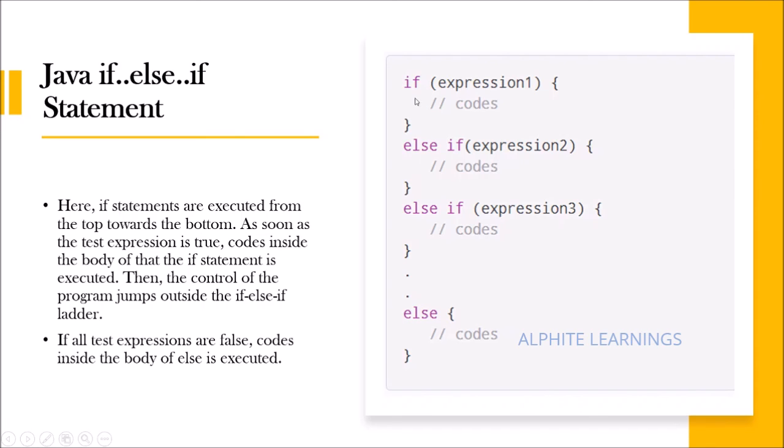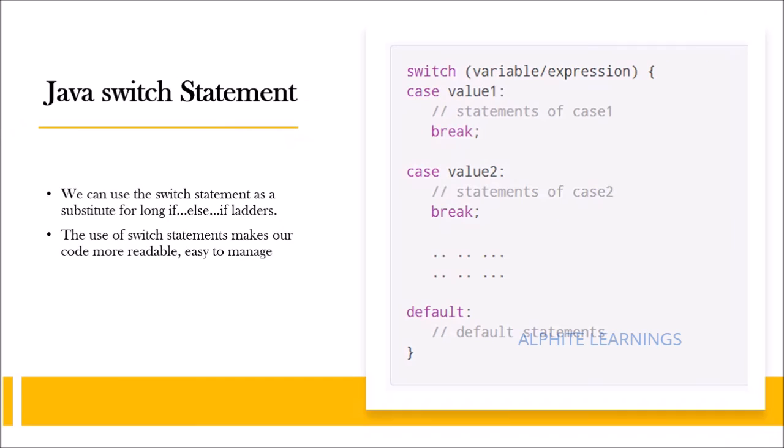So if none of the conditions you have given is satisfied, you are giving a default else case. If nothing is satisfied, this is the result that you will get in the else case. Okay, this is the syntax. You have to give space between else and if. If you give else if, you need to add an expression. If it is just else, you don't need to check any expression, and this code will execute when none of the conditions prior to it is satisfied. Then the else block will execute.